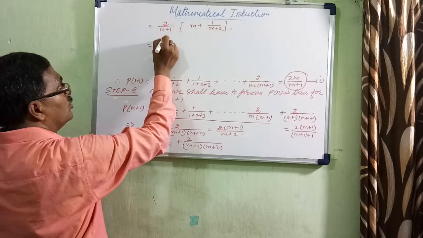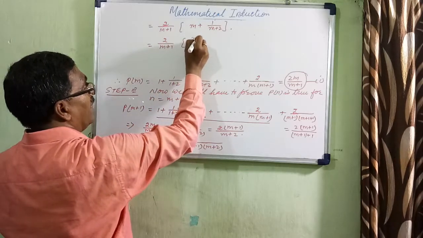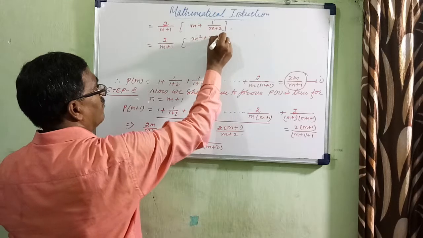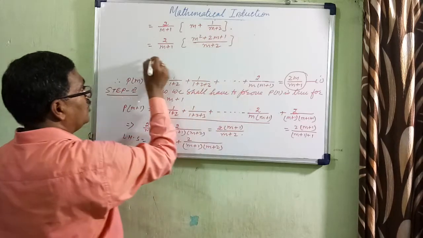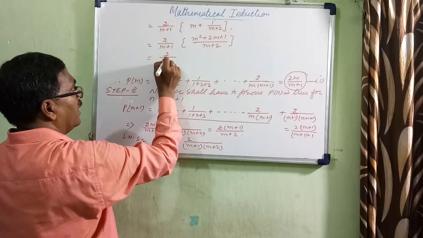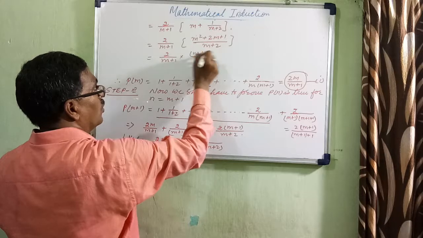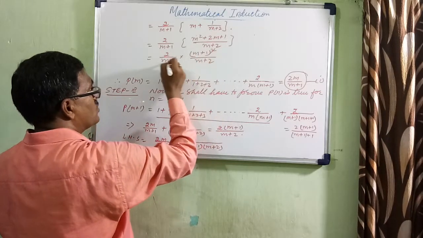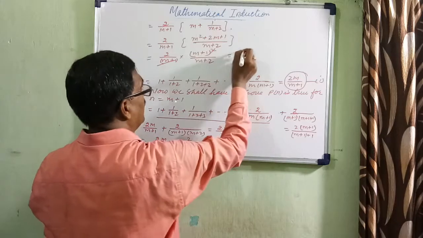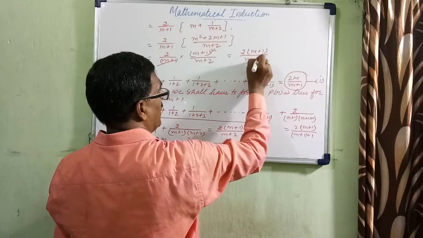Can it be 2 by m plus 1 into m square plus 2m plus 1 divided by m plus 2? Can you further write 2 by m plus 1 into m plus 1 whole square by m plus 2? One of the m plus 1 cancels and left over is 2 into m plus 1 divided by m plus 2,